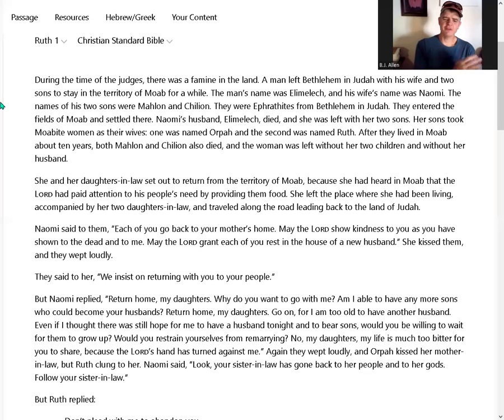Naomi said to them, "Each of you go back to your mother's home. May the Lord show kindness to you as you have shown to the dead and to me. May the Lord grant each of you rest in the house of a new husband." She kissed them, and they wept loudly. They said to her, "We insist on returning with you to your people." But Naomi replied,